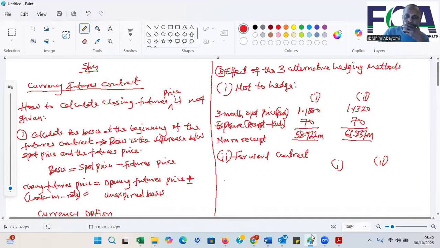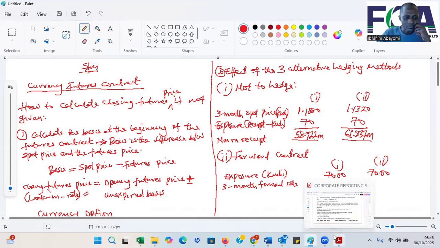Okay, so our exposure in Kudi is 70.00. That's our exposure. Now, 3-month forward rate. The 3-month forward rate we have agreed is